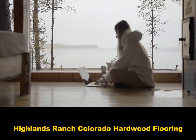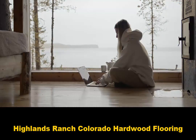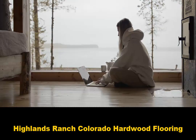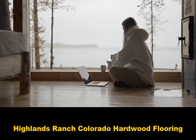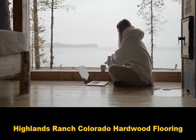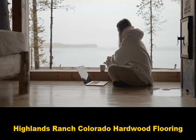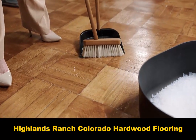At Highlands Ranch Hardwood Flooring, our team of expert technicians are here to help you get the most out of your hardwood floors. We've been serving the Highlands Ranch community since 2002, providing quality hardwood floors, laminate, and luxury vinyl plank at affordable prices. We pride ourselves on installing floors that you can be confident in, using the best materials